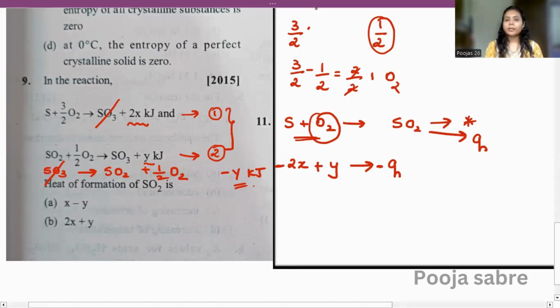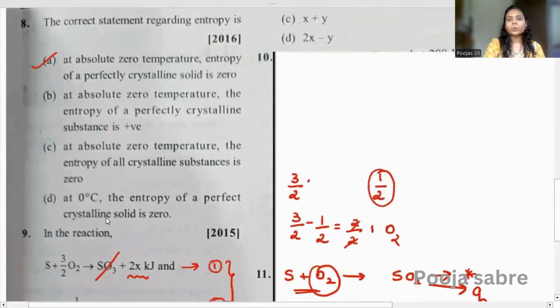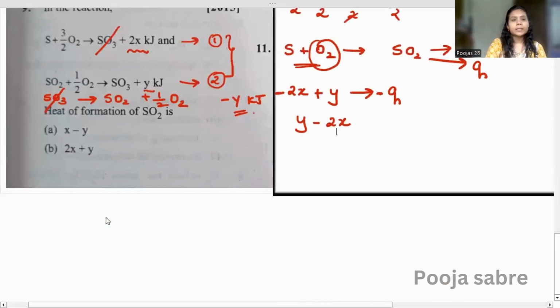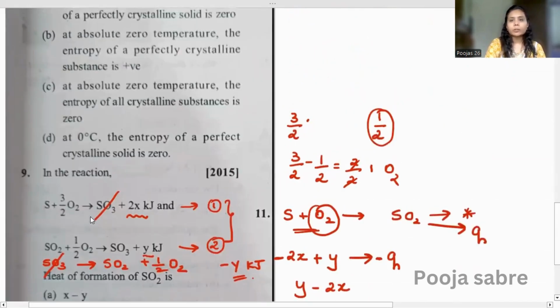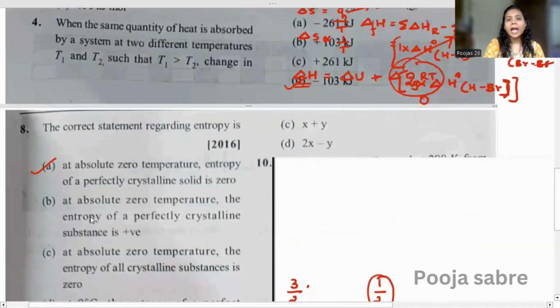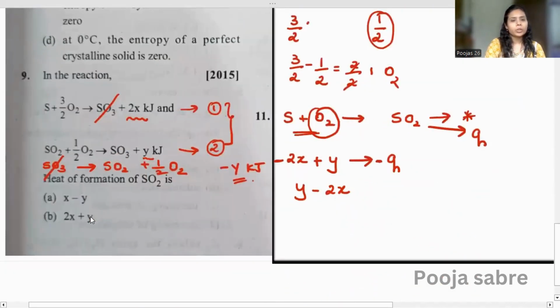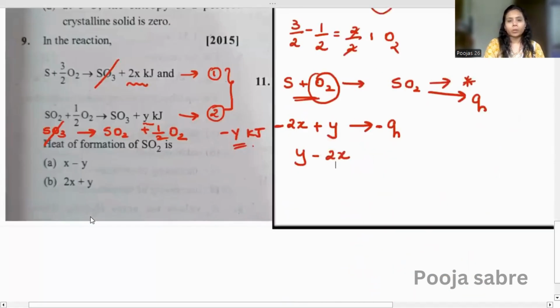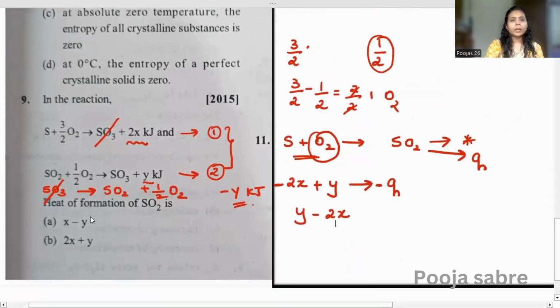Now over here, this thing will be y minus 2x, also I can write down. So we will just quickly have a look at the options where y minus 2x is present. So yes, it is x minus y. No, this is not the correct option. 2x plus y is also not the correct option. Okay, now we don't have this option. y minus 2x is not there in the options. So none of the above will be the correct answer. Okay, it will be none of the above, or else what you can do is you can simply write down n. Clear? Now coming to the next one.